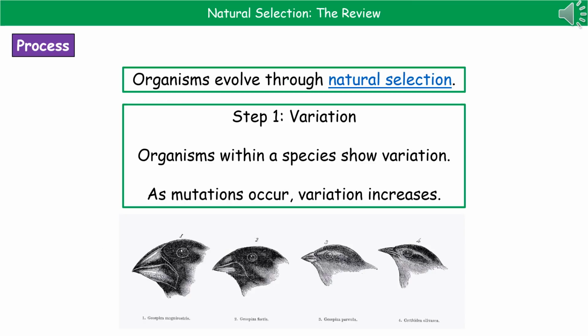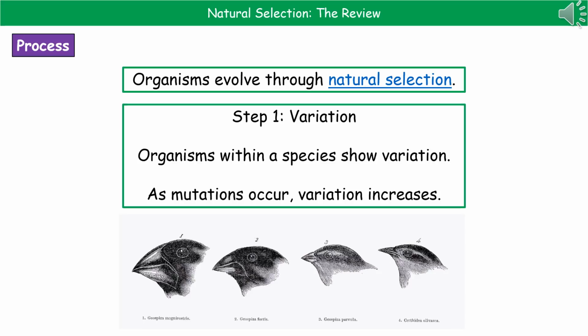The way in which these organisms are actually going to evolve is through a process called natural selection. Now, this was something that was actually put forward by Charles Darwin most famously. Now, with natural selection, there are a few key stages you need to know about because they could very well ask you a 6-mark question on this, and all you need to do is explain each of these stages to max out your marks. So step 1 is variation,